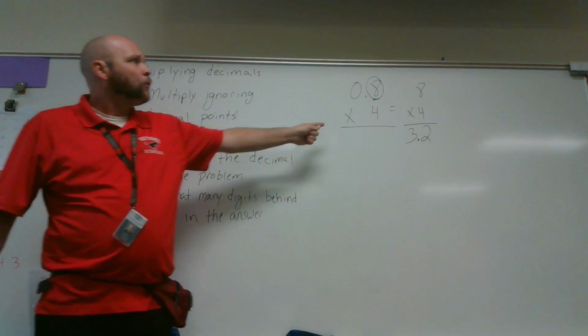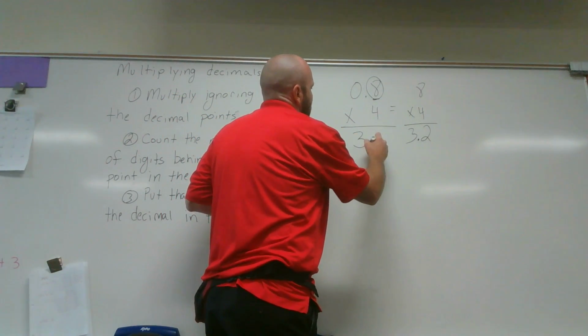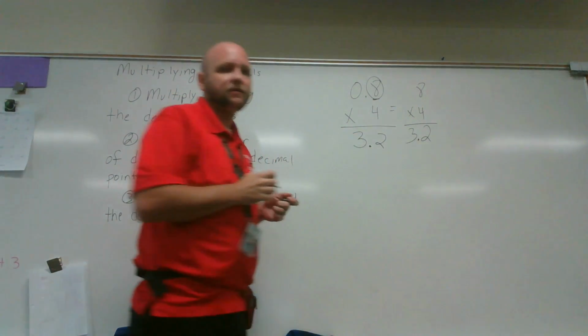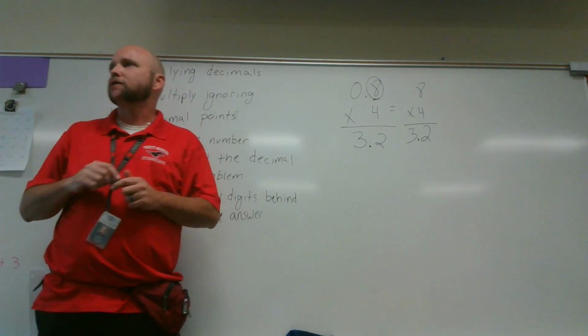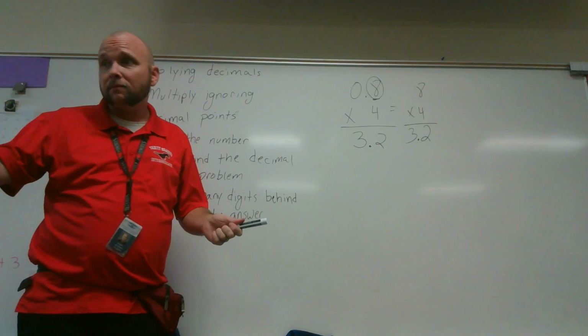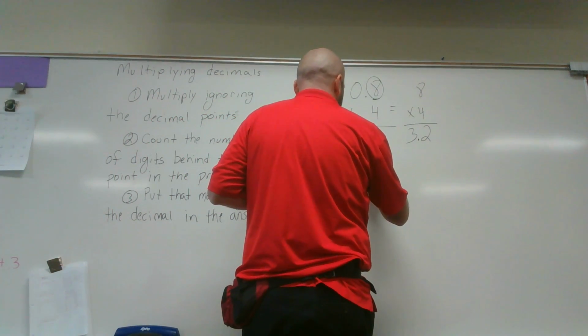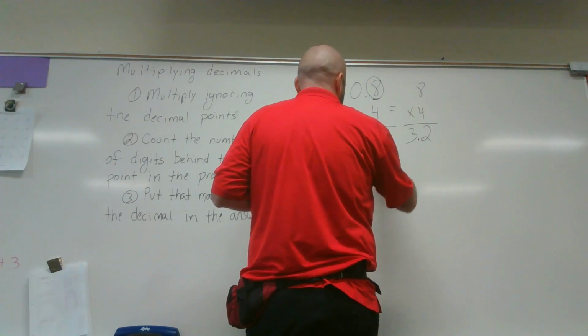All right, so 8/10 times 4 is 3 2/10. 8/10 times 4 is 3 2/10. Now, let's do the same problem, but let's just do it differently. We have 8/10 times